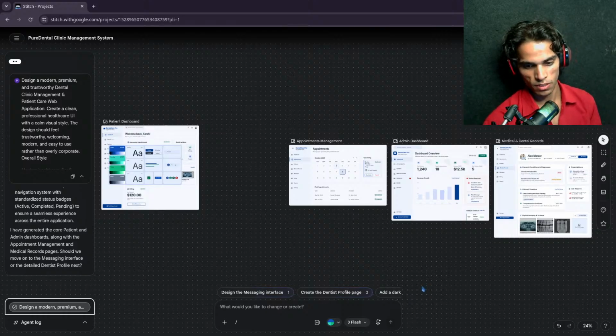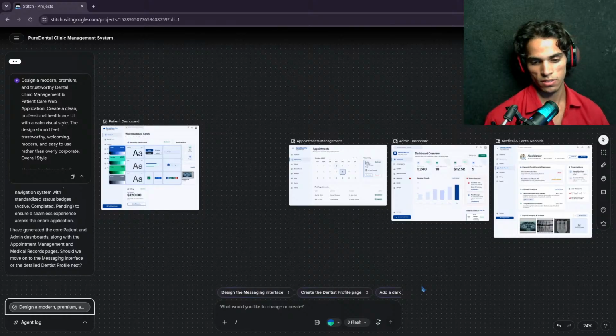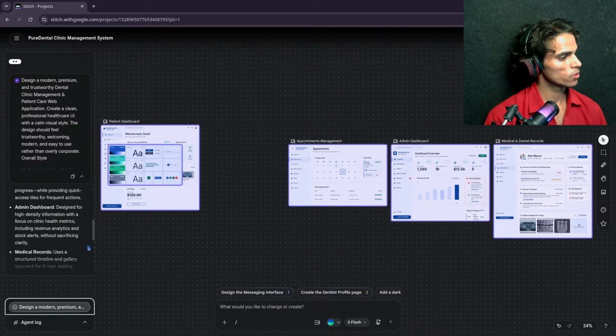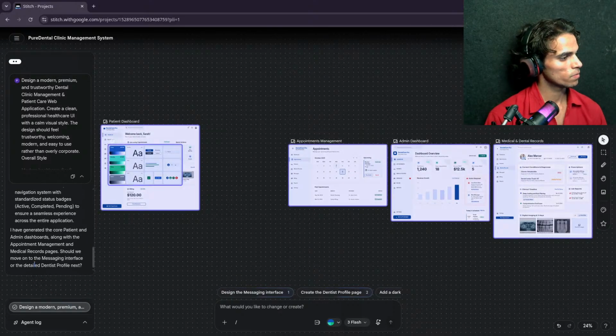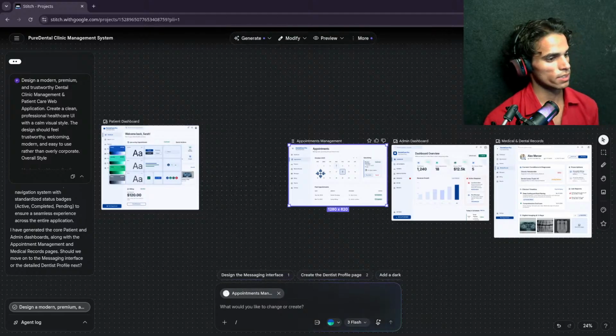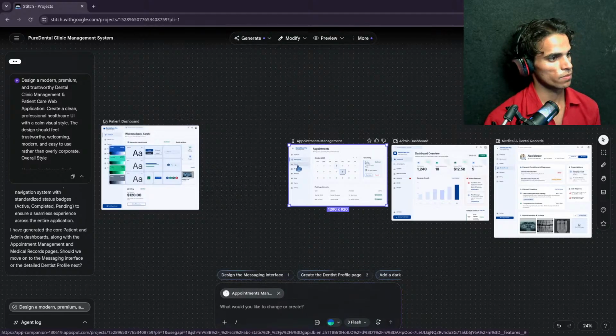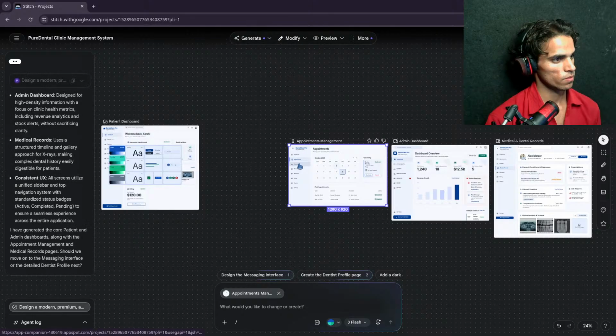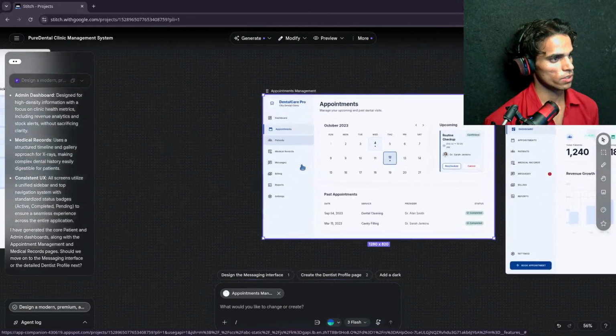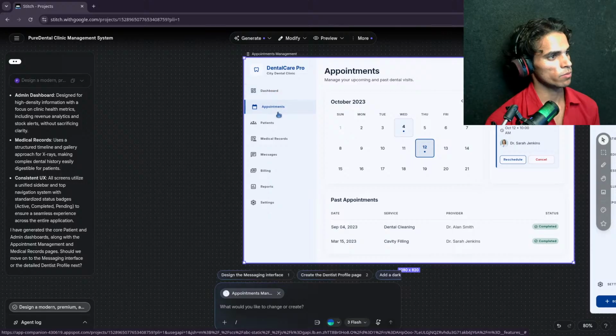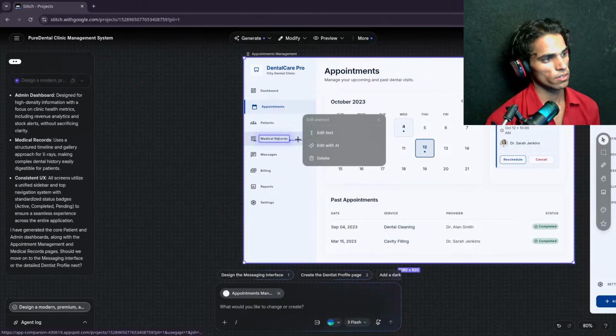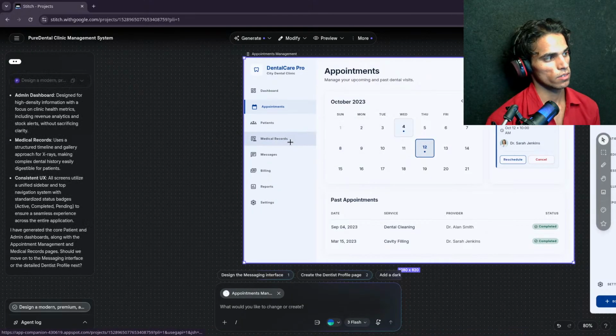Okay. So inside this, we have, just zoom it, and we have dashboard, appointments, patients.